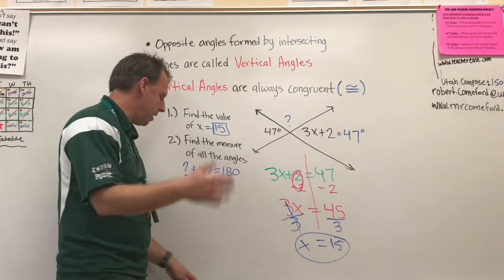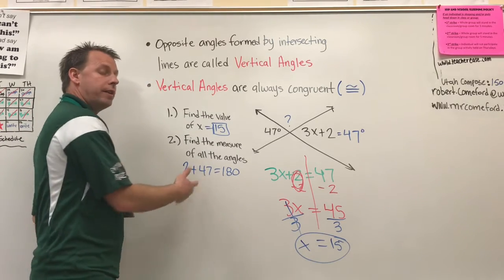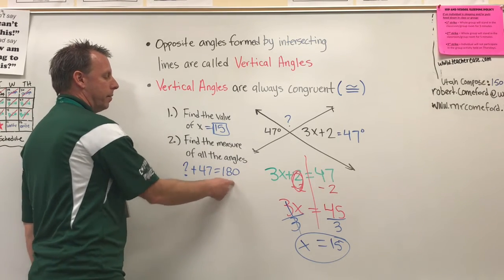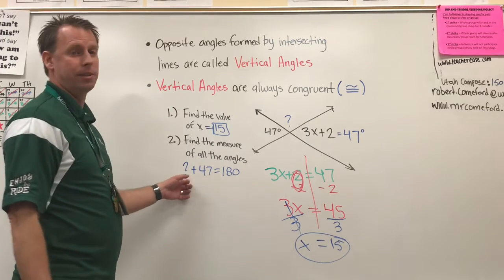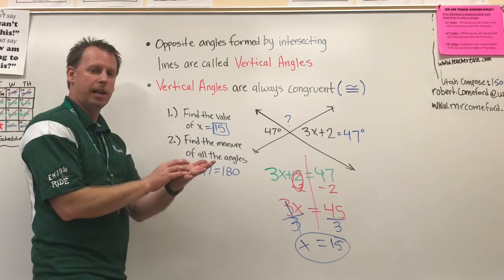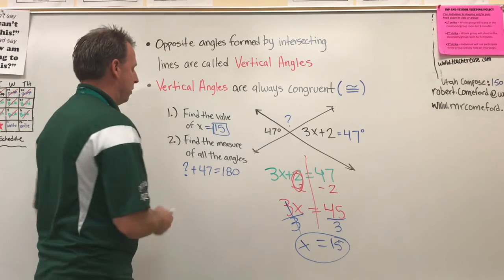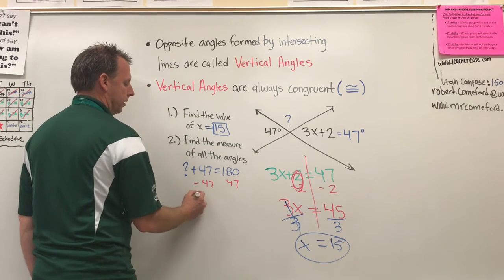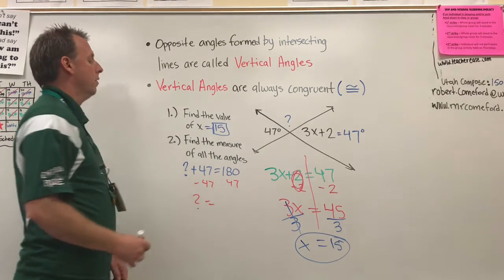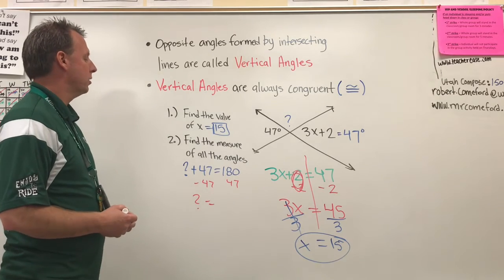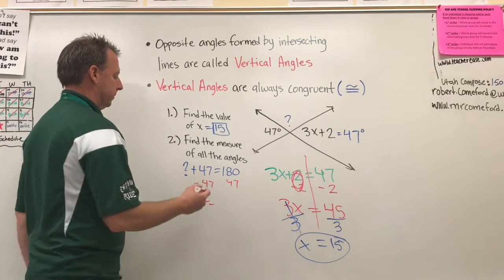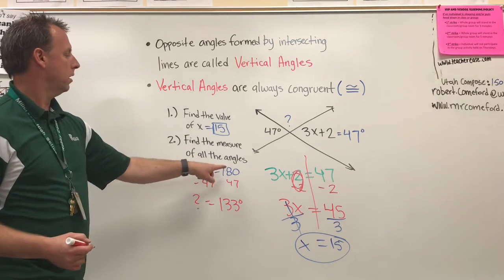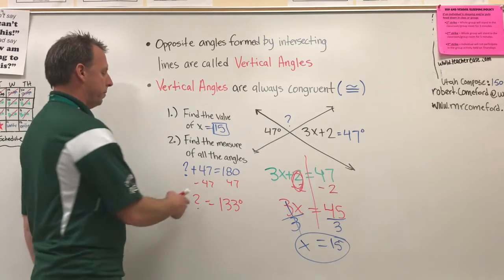Now, maybe you can do that in your head, or you can solve this like an equation. Basically, I just need to subtract the 47 from 180, and I will have my answer. Maybe you need to punch it into a calculator, maybe you need to solve it like an equation. Subtract 47, subtract 47. Let's see, 47, that's 3 more to get to 50, so that would be 130, and 3 more. 180 minus 47, 133. My question mark here,